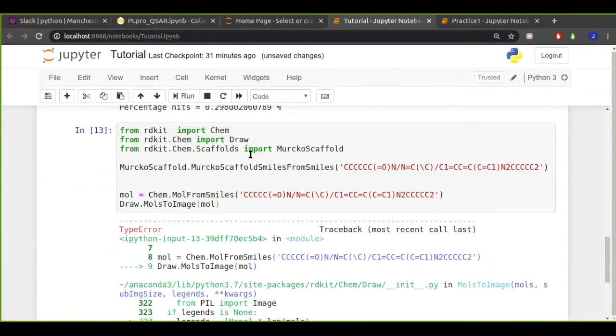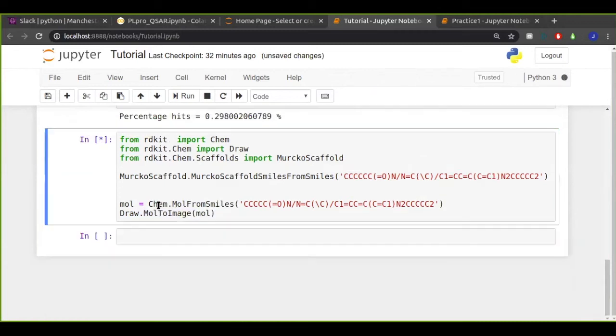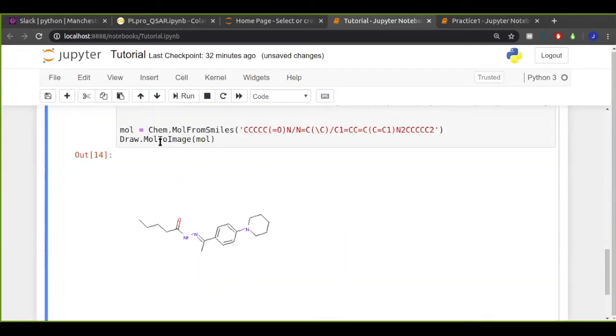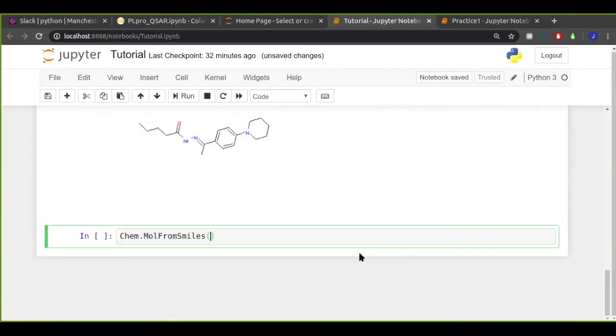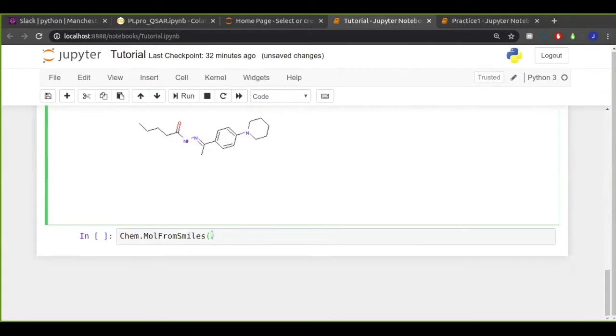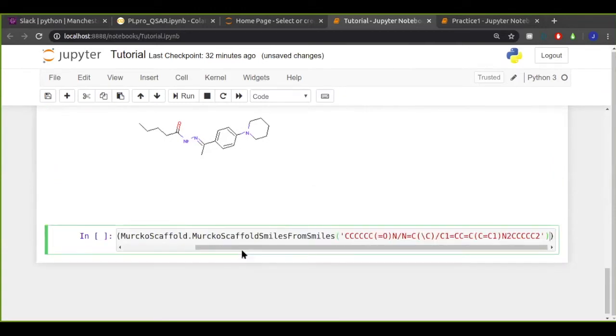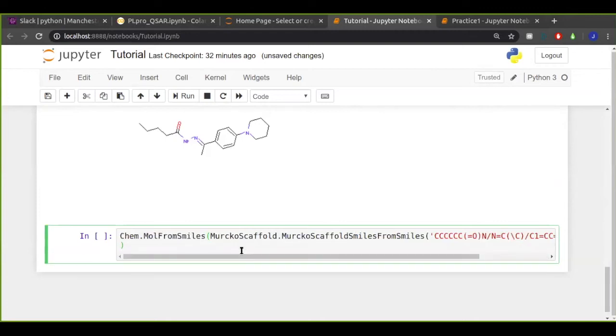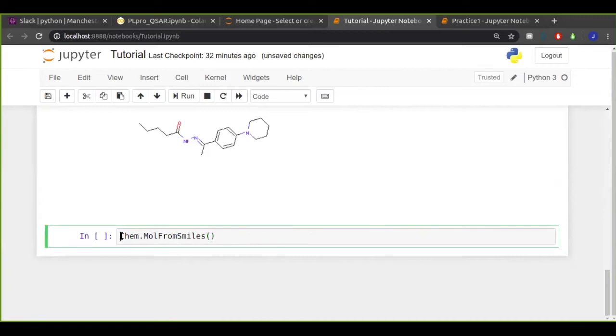No. Okay. There we go. So the problem was I was using moles to image, plural, and I was giving it one, which it hated. Okay, so let's compare that to the scaffold that we've just generated, which is this. Okay, so, you know, that's quite long actually. I'm going to Control Z myself out of that.